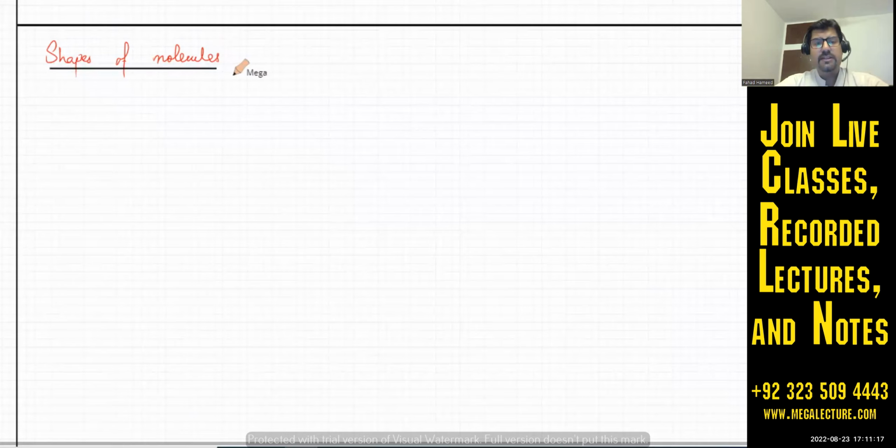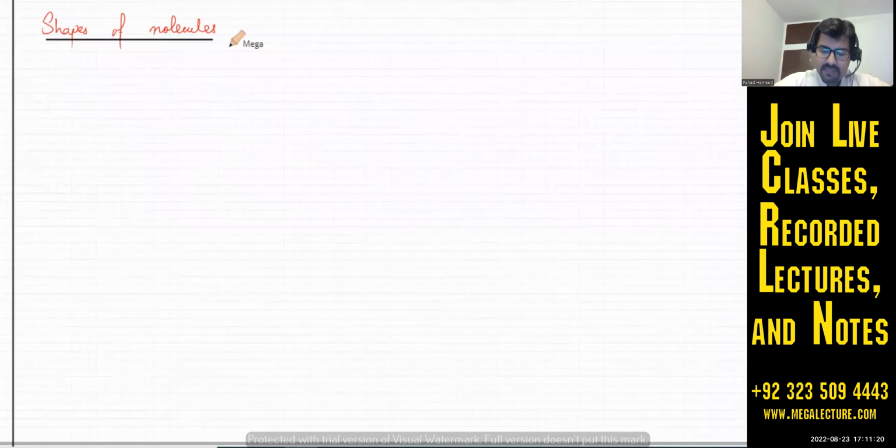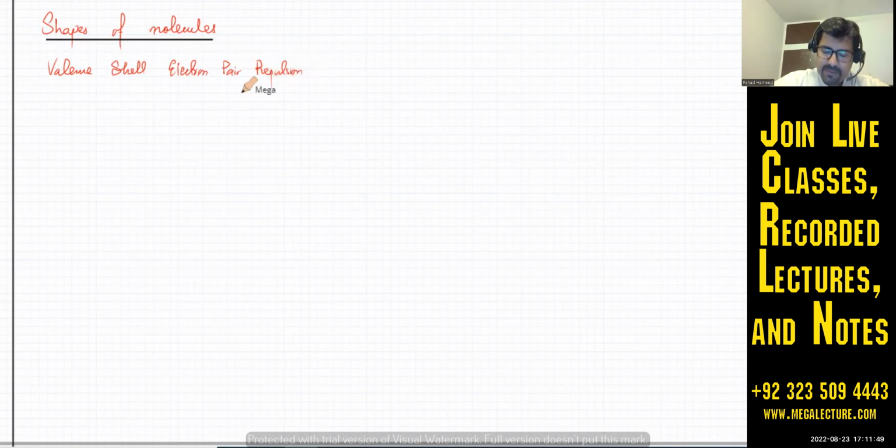There's a theory which is known as the valence shell electron pair repulsion theory. Okay, so valence shell, basically that means that valence shell electrons repel each other. So, electron pair, valence shell electron pair repulsion. Or वो है क्या? What does it state? It states that